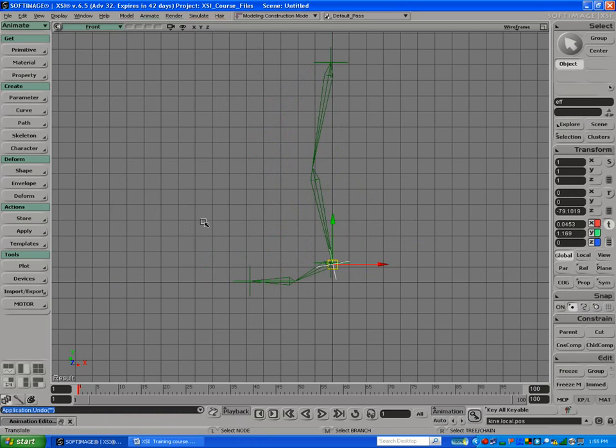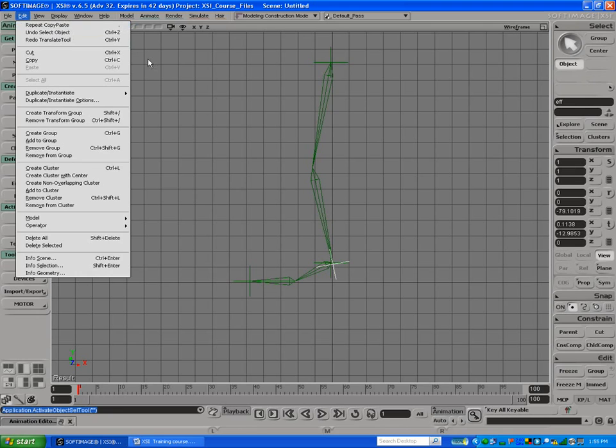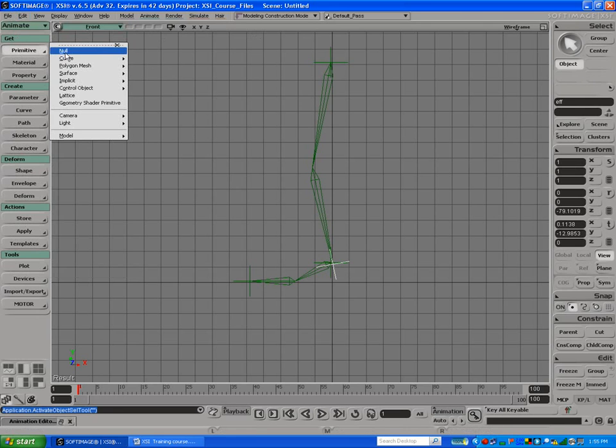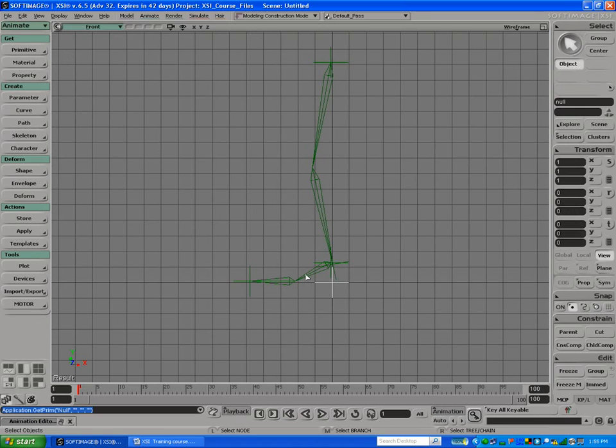So I'm happy with that. Now what I'm going to do next is create a series of locators or nulls in here. So we'll just create those. Primitive null, but same as a my locator. We'll just create one,